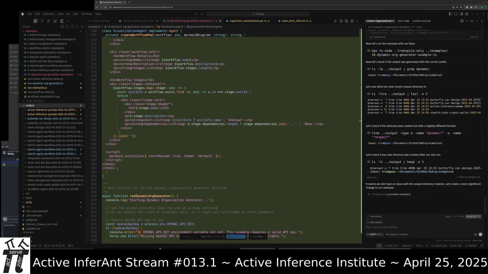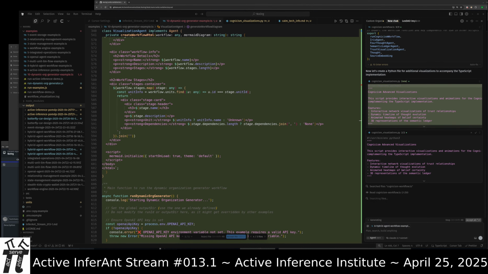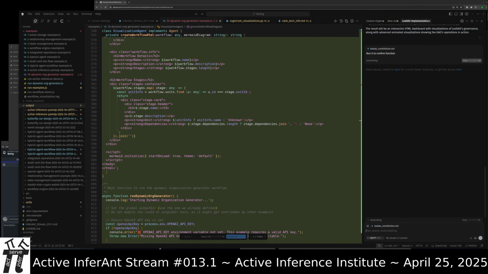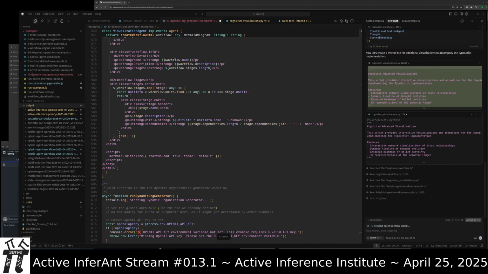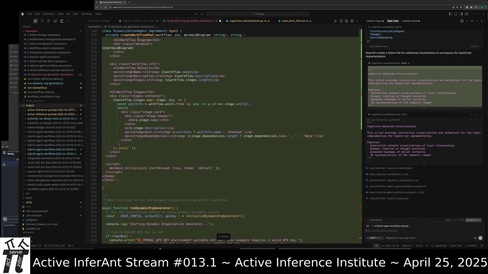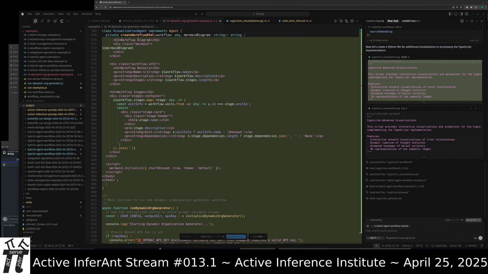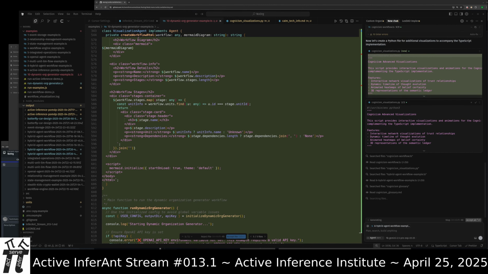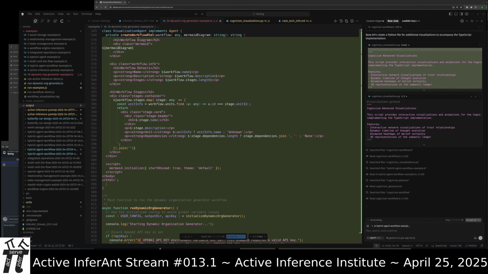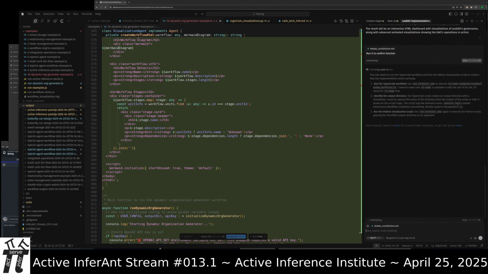Okay, update the dynamic example. All good. Let's switch over to Gemini. Okay, going faster.